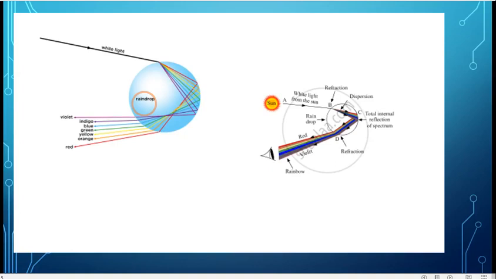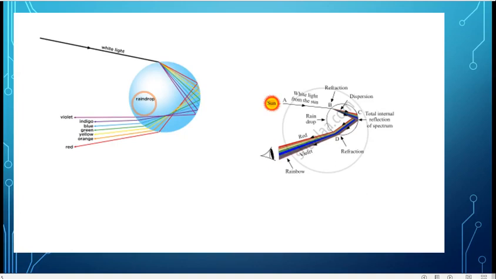Now, the conditions which are required, that is, the optical phenomenon involved. During the formation of the rainbow, the rays of sunlight incident on water drops deviate and disperse during refraction, internally reflect once or twice, and finally refract again into air. At all stages there is angular dispersion which leads to separation of the colors. There are two phenomena, one is the primary rainbow and one is the secondary rainbow.